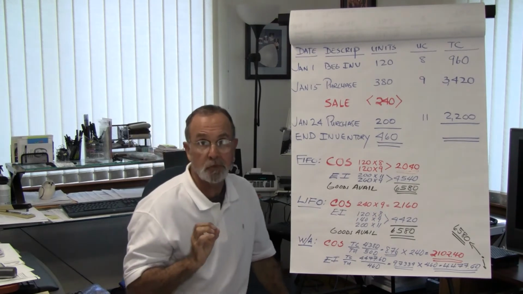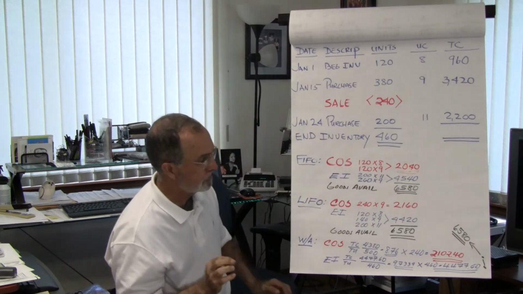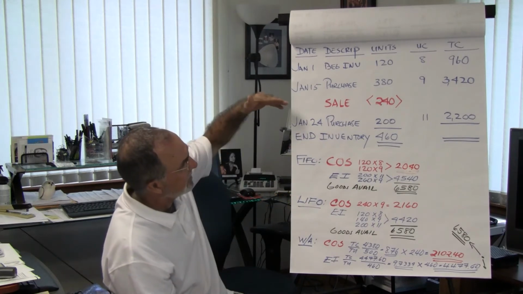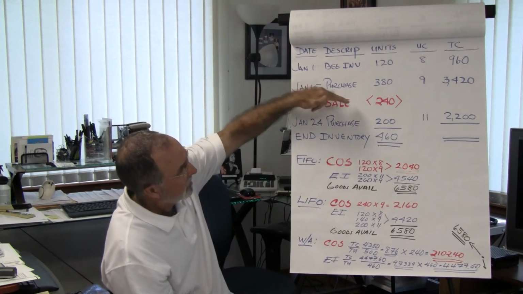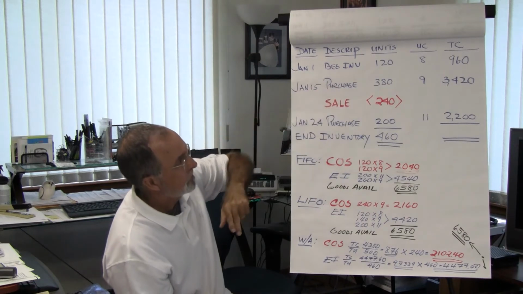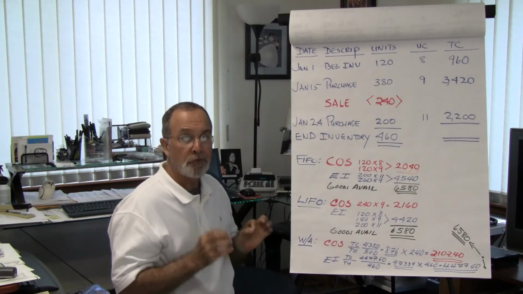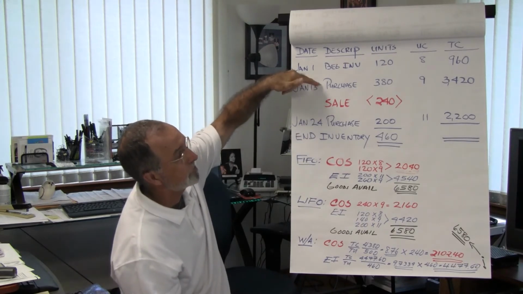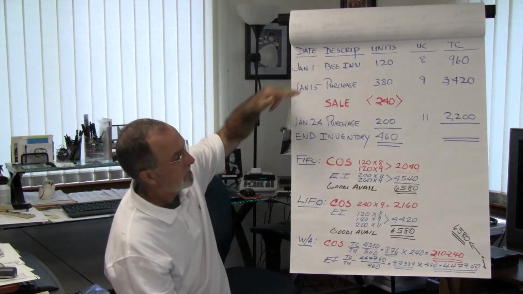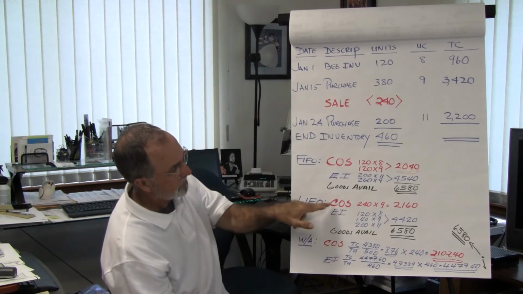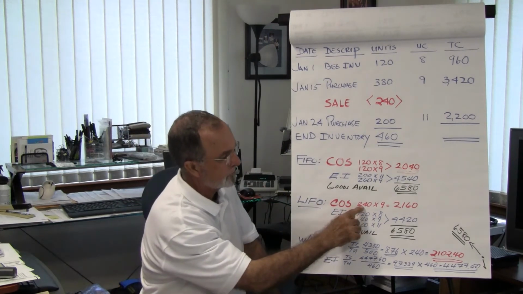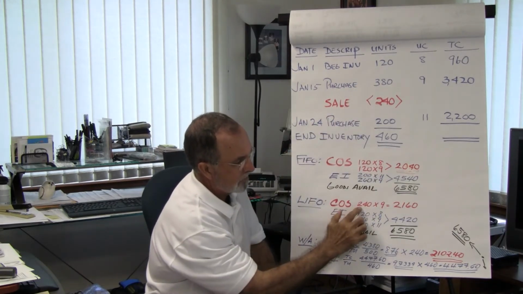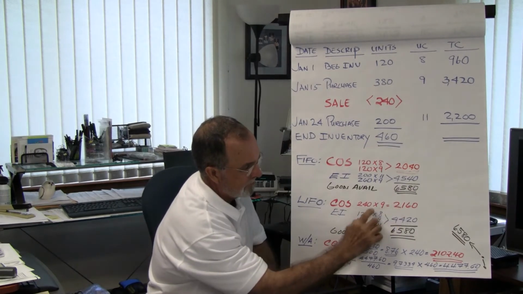Now when we switch to LIFO, last in, first out, at the point of the sale of 240 units, what is our most recent cost? Well, our most recent cost is in the purchase prior to the sale. So using LIFO, the cost of this 240 units is at $9. So our cost of sales is